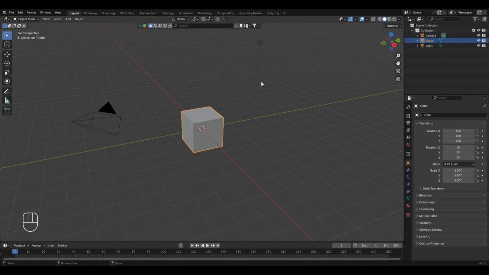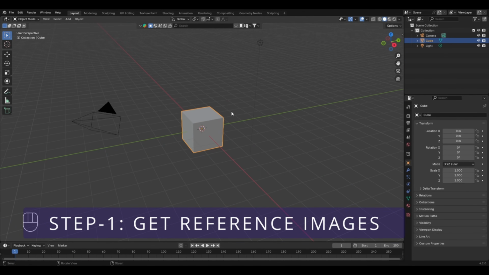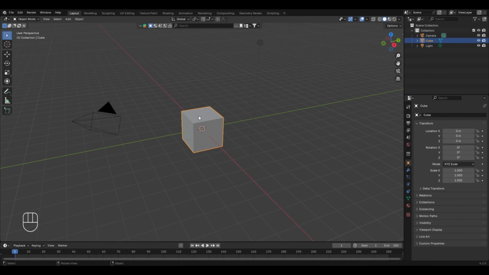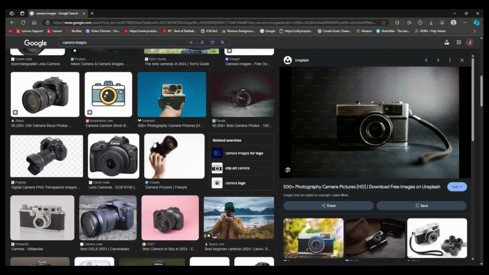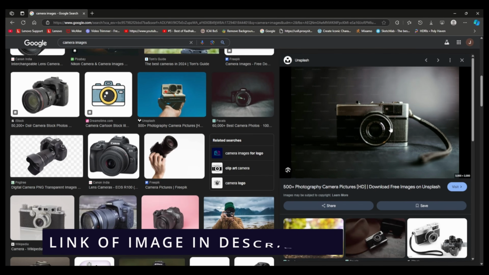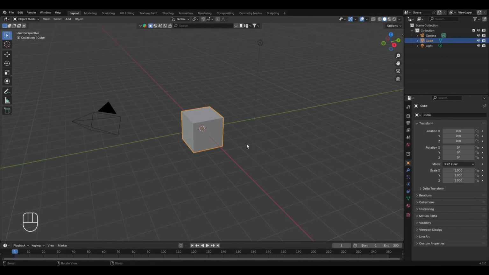So I have created a new Blender file, and just like always, the first step to begin modeling anything should be to have some reference images. And since we'll be modeling a camera, I searched for some camera images on Google, and I have selected this particular image which will be used as the reference image for the camera model. And yes, I have also dropped the link of this reference image of the camera in the description of this video. So after downloading it, we'll return back to the Blender file, and to add the reference image, we need